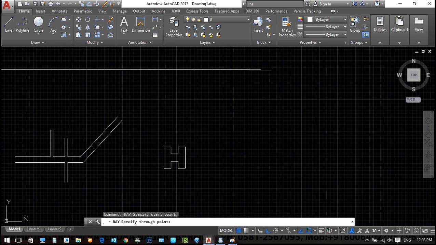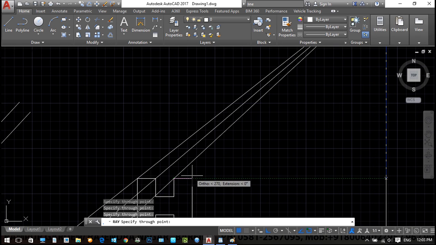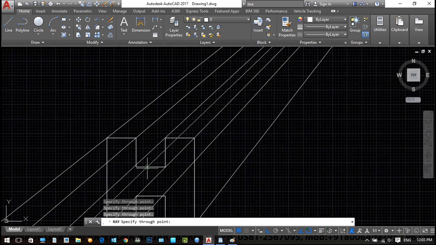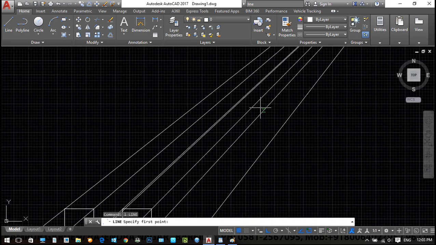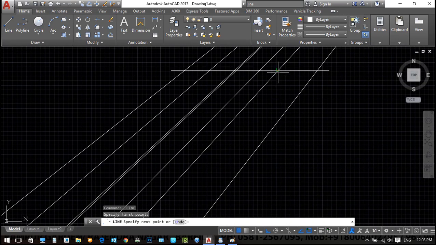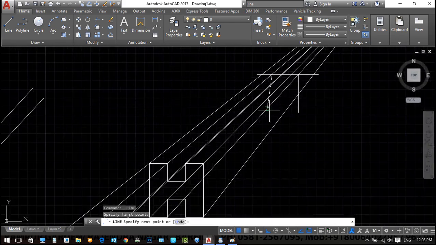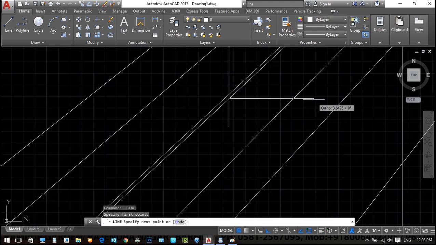We set ray from this point, like here, here, here, here, and also here like this. So we start with L, enter. Now we similarly create the geometry. And TR, enter, and we trim.